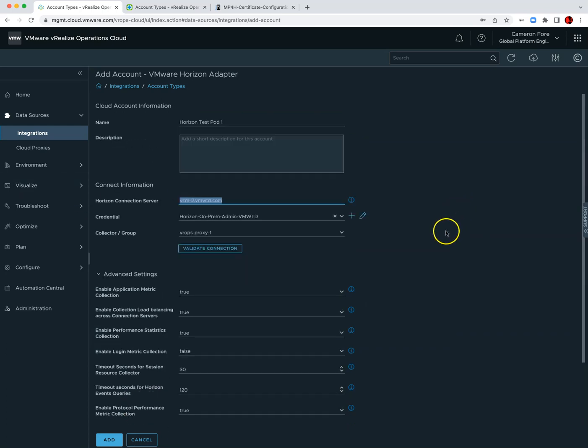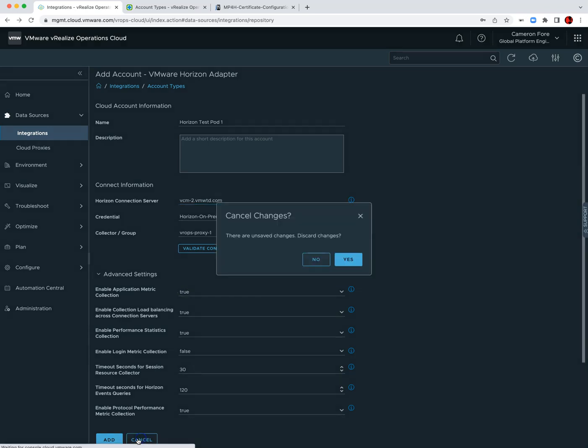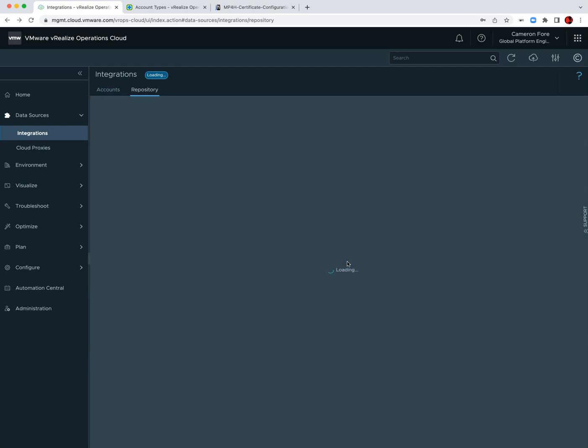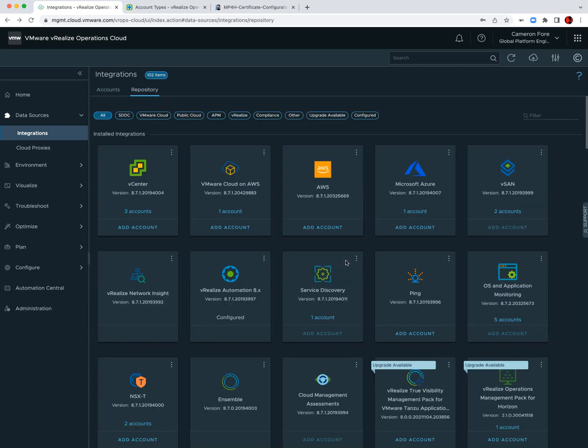All right, at this point I'm going to hit cancel because we already have the Horizon adapter installed. And as I mentioned, I don't want multiple adapters talking to the same pod, asking the same question over and over and over, because that means I have two adapters competing for questions against my pod, and that's not ideal. I'm going to hit cancel, discard my changes. You would hit save here,